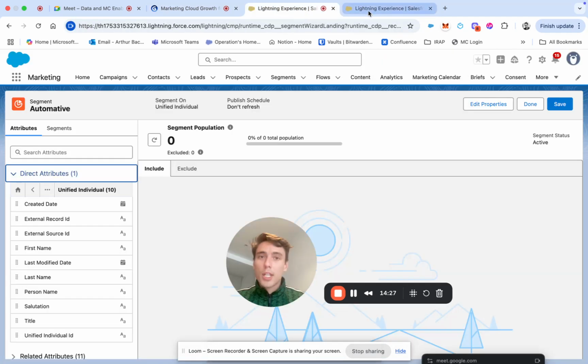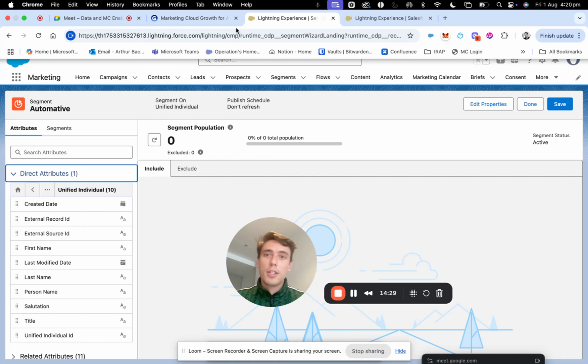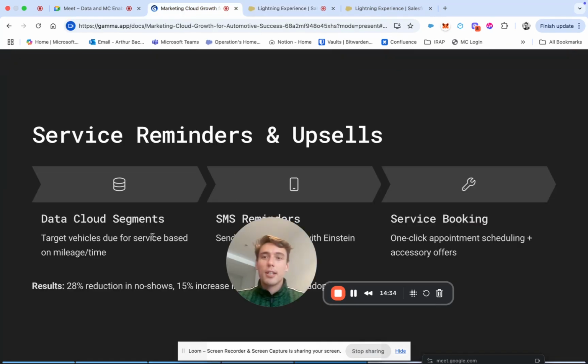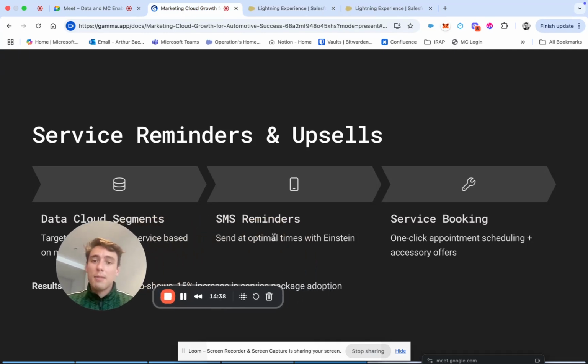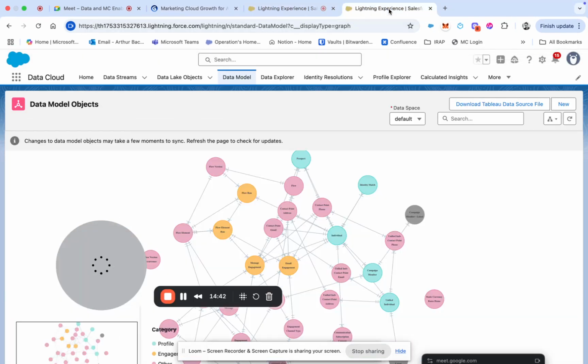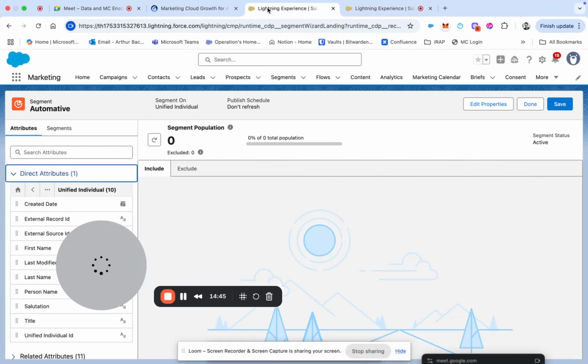so you can create your segment and send an email to this segment, or create a campaign for this segment that is based on Data Cloud. So this is available in Marketing Cloud Growth. SMS reminder, very easy, but very useful as well. So I will just show you what can be done